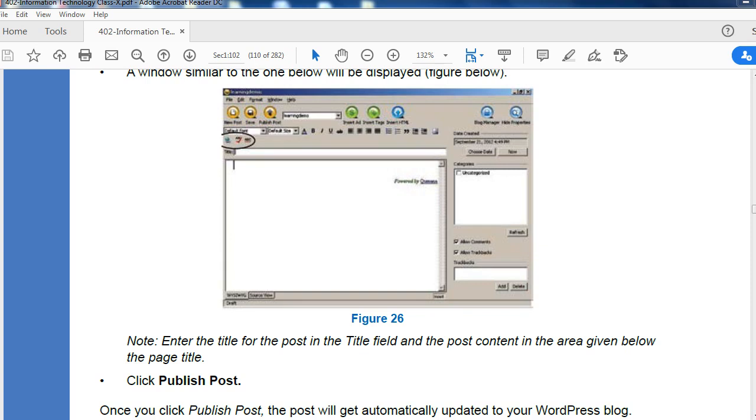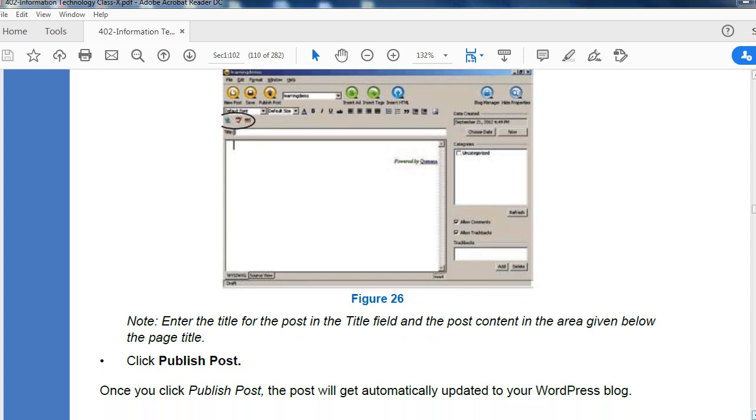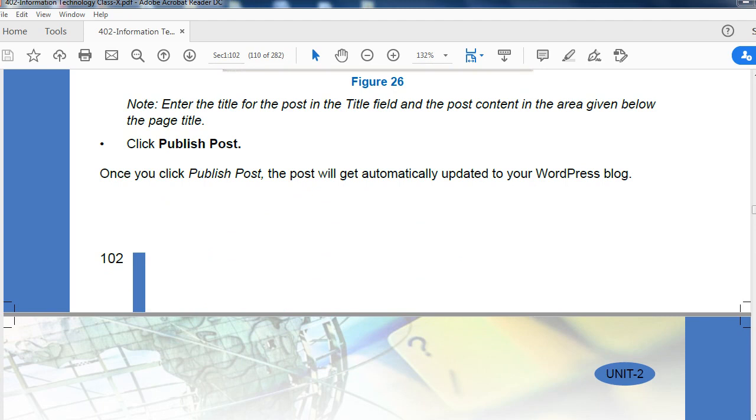Now enter the title. Enter the title for the post in the title field. Post the content in the content area, and then publish the post.